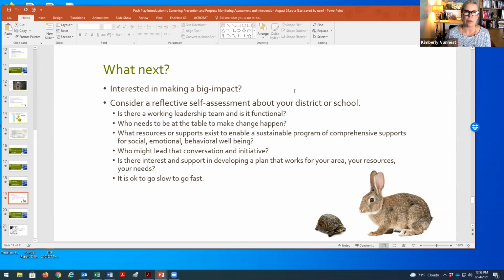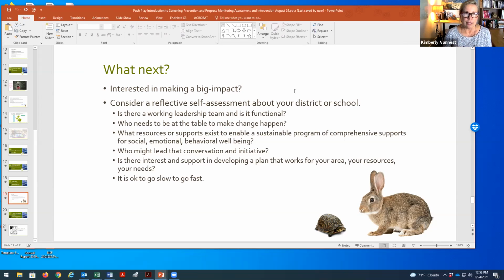It's not good for us with this high turnover to invest lots of money, each of us, in ourselves in training or training others when there's a revolving door of expertise that leaves. We need to build long-term capacity for comprehensive supports. And who's going to lead that? It's okay to say, this is something we need and I can't do it. I can't be the leader, but I can be the worker. I can be behind the scenes. I can be the number 2 person. Or maybe you're saying, I am ready to be the leader on this. I am going to make this impact in my school this year. I'm going to lead this team. This is going to be my mission for the year. And